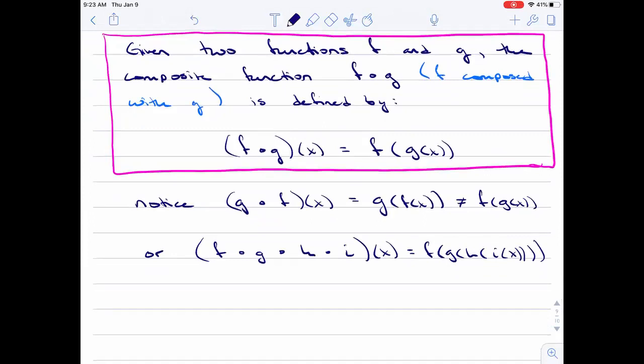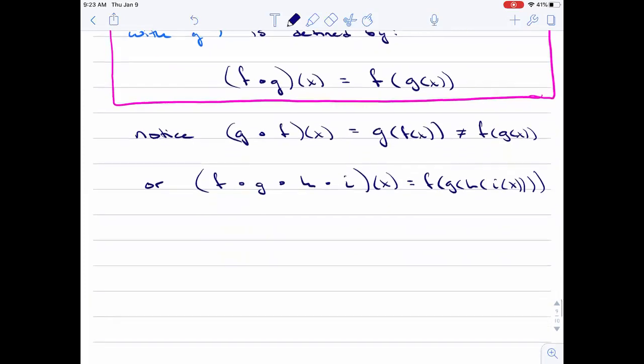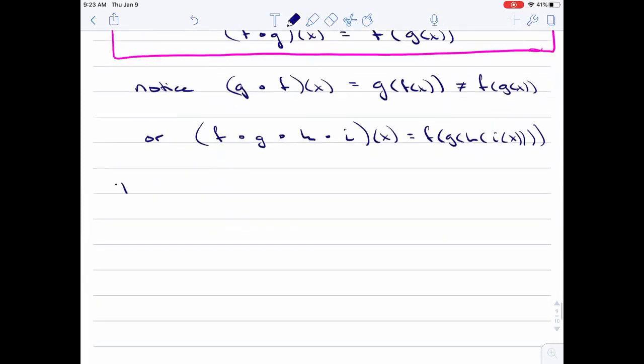Gets tricky when we start talking about the domain. Because while f is going to have a domain, g is going to have a domain, but now g is going inside of f. And so we have to make sure that we abide by the domain of g, because g is in there. So whatever is in the domain of g goes in. But then also we have to pull out any points in that domain of g that don't fit in the domain of f. So the domains get a little bit tricky sometimes, if you've got a combination of a square root and a fraction, for example. And so it gets a little bit nasty, but the domain